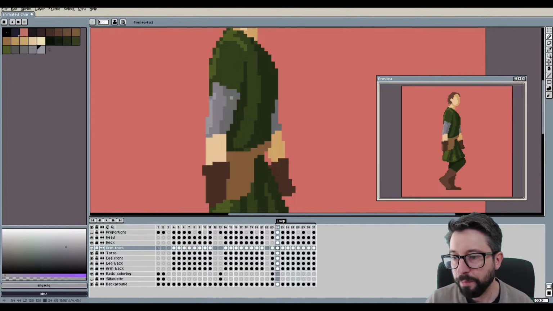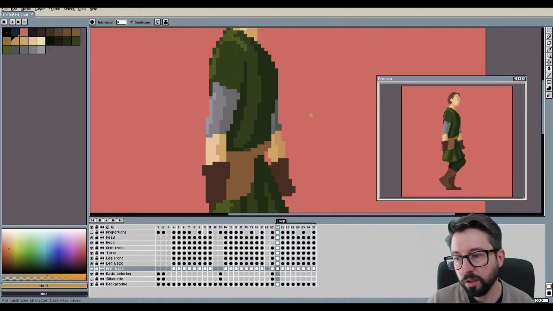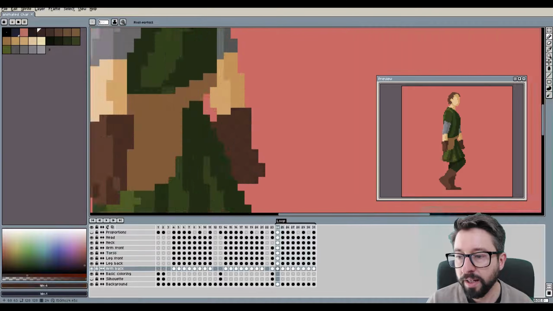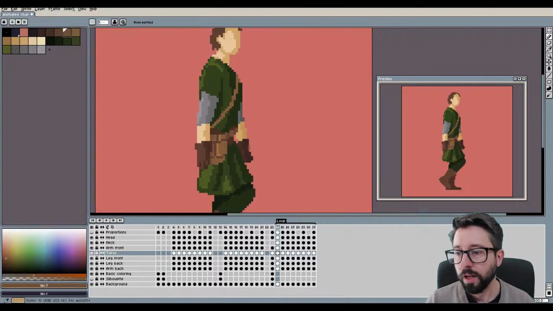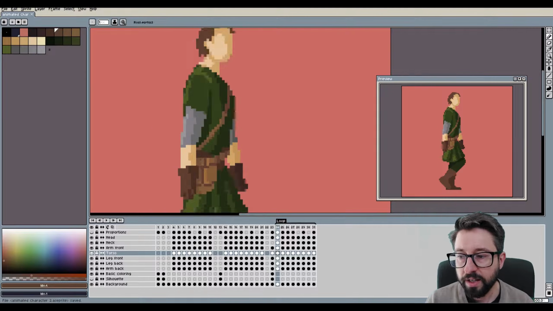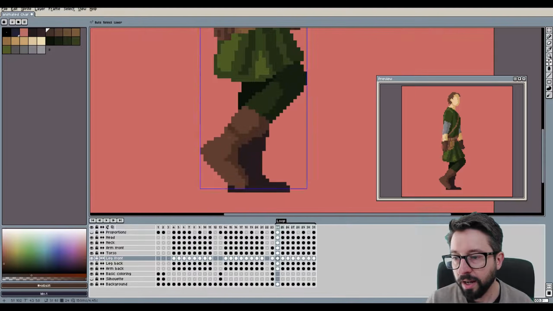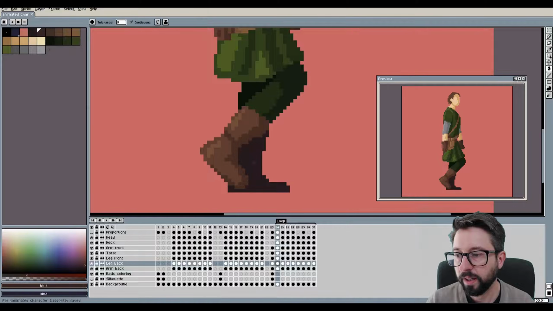In general, I gave the back arm and the back leg slightly darker tones than the front arm and the front leg, just to give a slight impression of depth to the image. And with the light coming from the left side of the image, in my case, I applied highlights to all those little details accordingly.